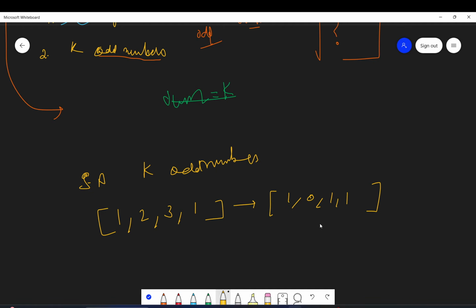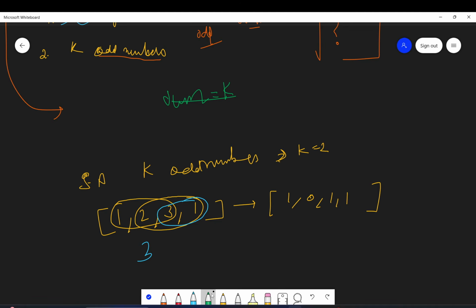So something like this will be there. Now let's say we have k as 2. Here is one subarray where there are two odd numbers. Then there is this subarray where there are two odd numbers, and there is this subarray where there are two odd numbers. So three will be the answer.